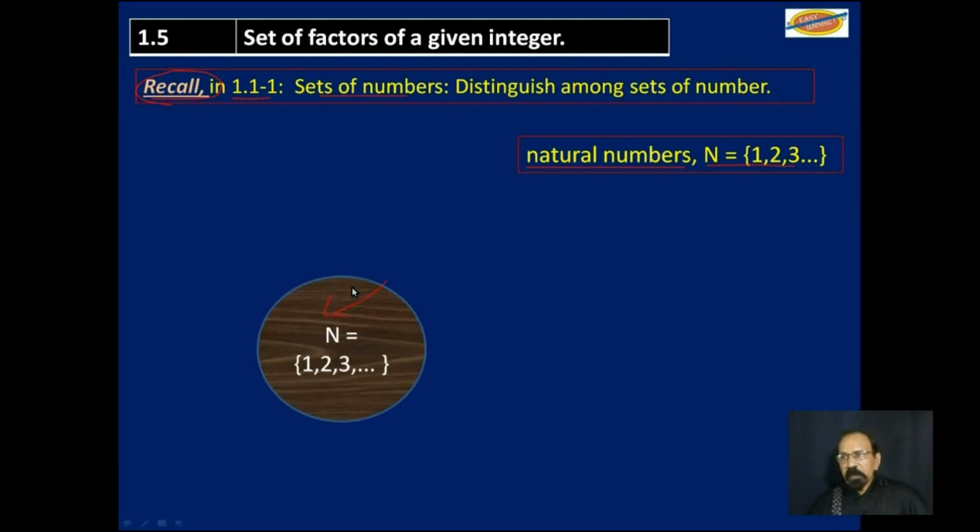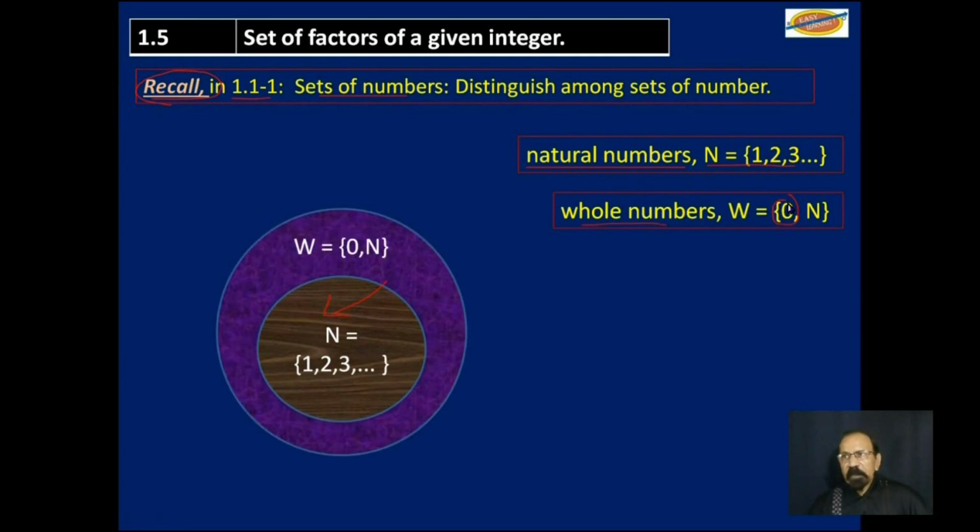Then we talked about whole numbers, which would include 0. So the whole numbers will include 0 as well as the natural numbers. And then we talked about integers, which would be the negative whole numbers plus 0 plus the positive counting numbers,